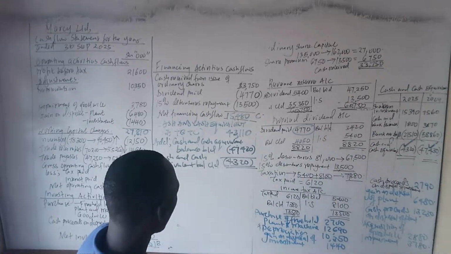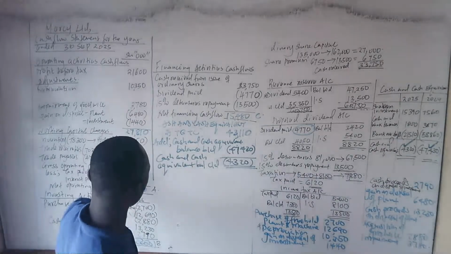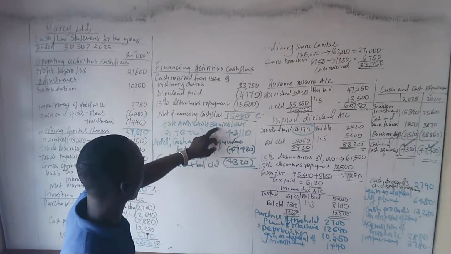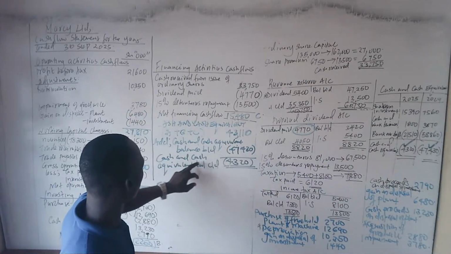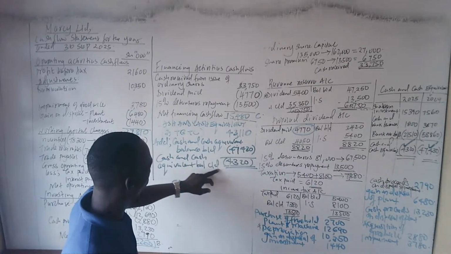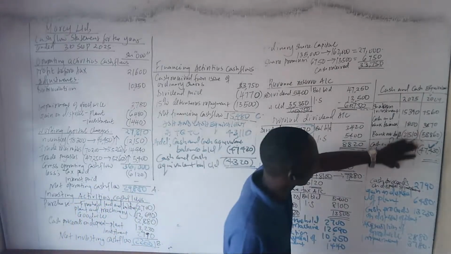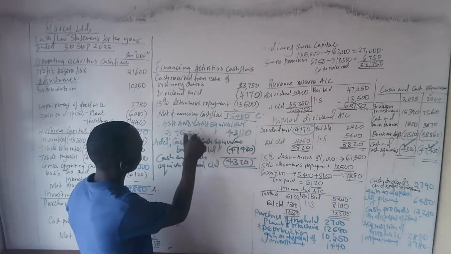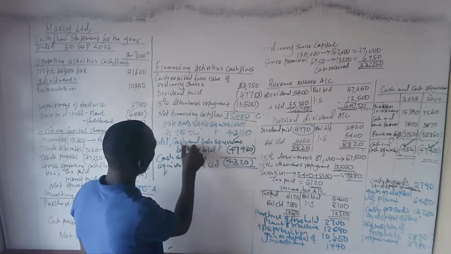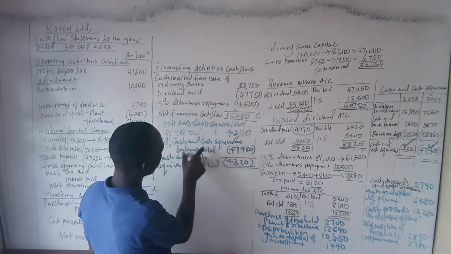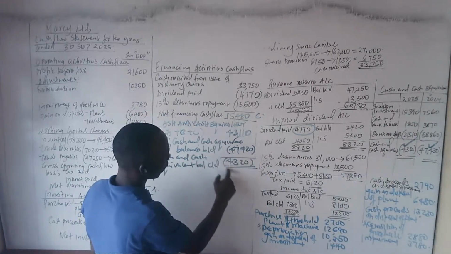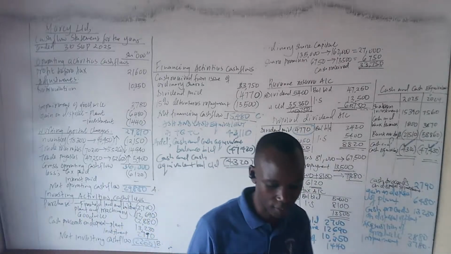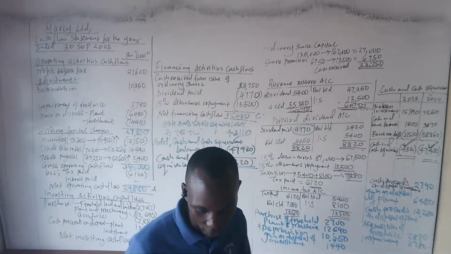Therefore, if all the adjustments here are correct, when it comes to the cash and cash equivalent at our current year, when you add A plus B plus C, and then add together with the cash and cash equivalent balance brought down, they must reconcile with the final figure that we have as cash and cash equivalent.